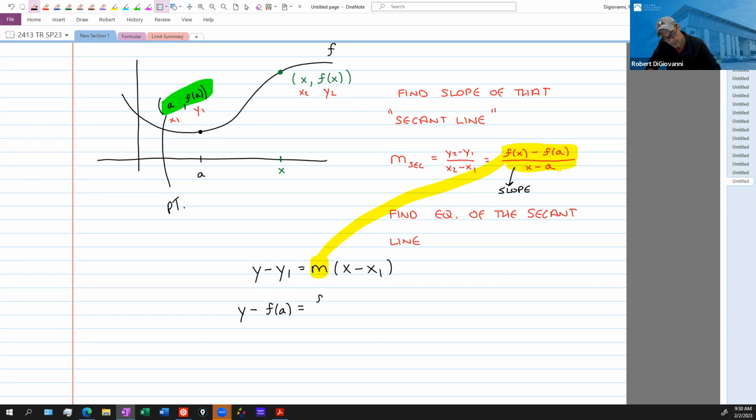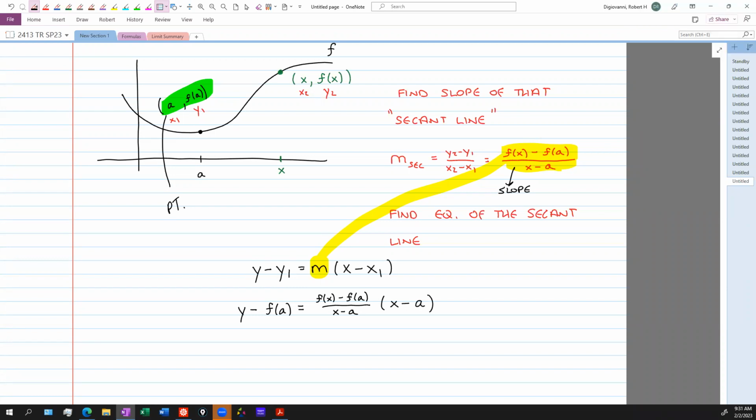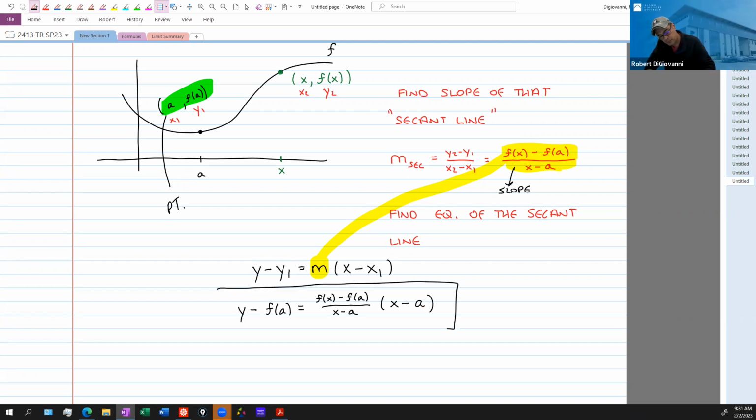So my slope is f(x) minus f(a) over x minus a. And then I still have down here x minus what? What's x1 for us? a. x minus a. Good. There it is. That is a generic formula for the equation of a secant line